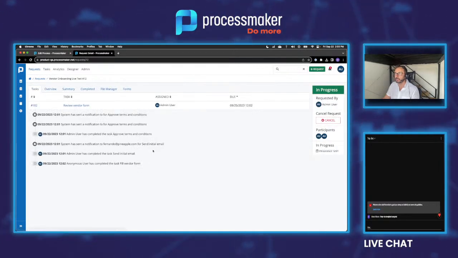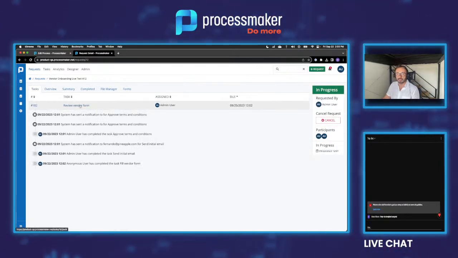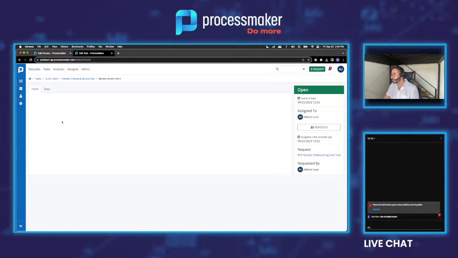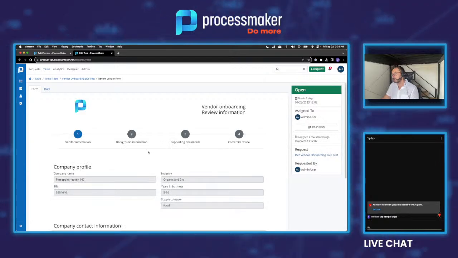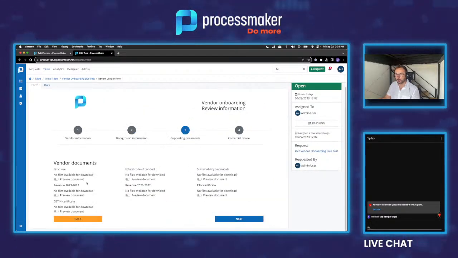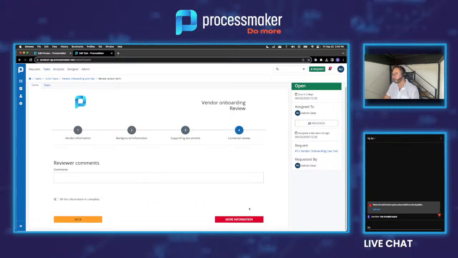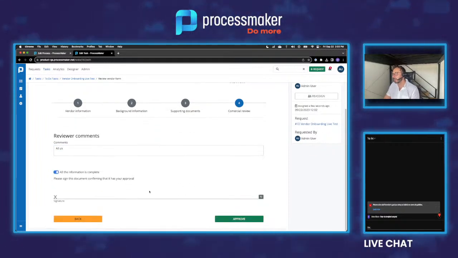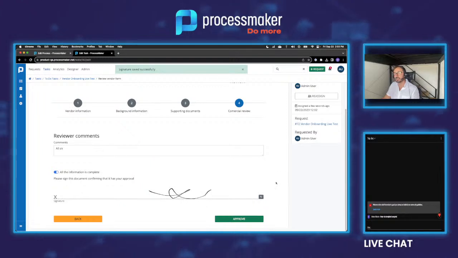We are gonna receive here the vendor review form. We're gonna review the vendor information, right? So I'm gonna click on this one. I'm gonna see all the information that we have just filled in, all the data, the background information. We haven't uploaded any supporting documents for the example, but I can continue here with the commercial review. I'm gonna say that all it's okay, and I'm gonna say the information is complete, and let's approve this pretty